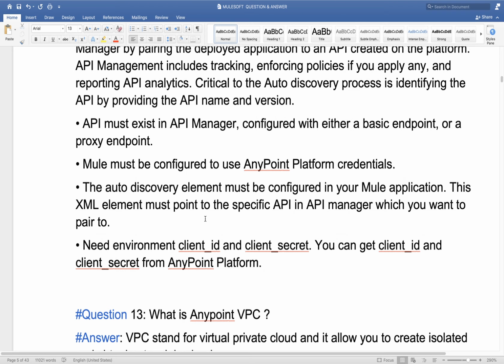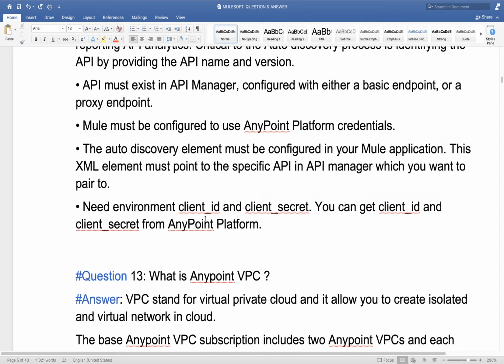It's not like if you deploy your Mule app on Runtime Manager, you will not be able to test. You will be able to test, but to apply some non-functional requirements like policy and all, you must deploy, and you must register on API Manager. And if you go for a project, then every project, if you are going to develop a REST API, you must create this API in API Manager, and you must register there.